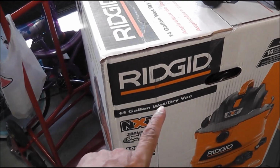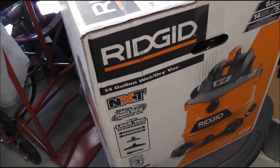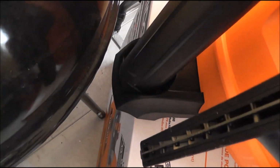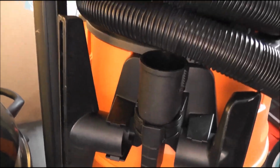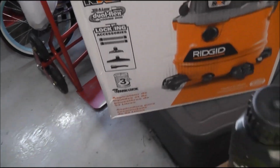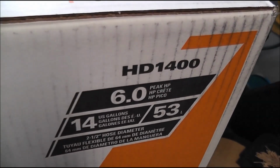We're going to be doing a review on this wet and dry vac. RIDGID is a pretty good make. Now RIDGID is Home Depot's own make. Now the one I've got and I'm reviewing is this one, the